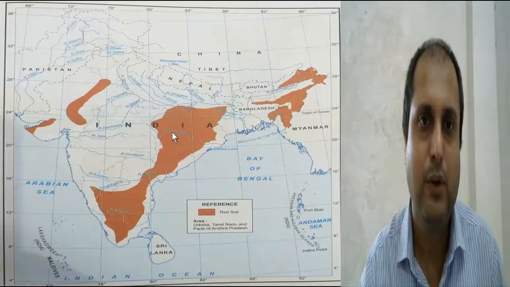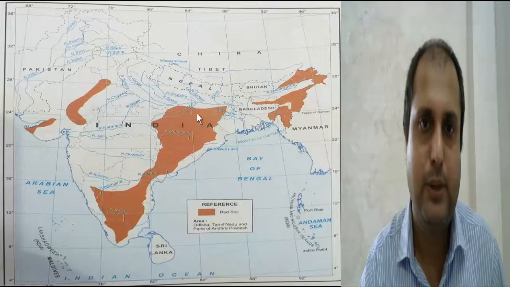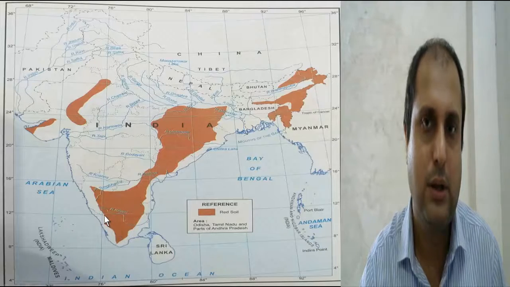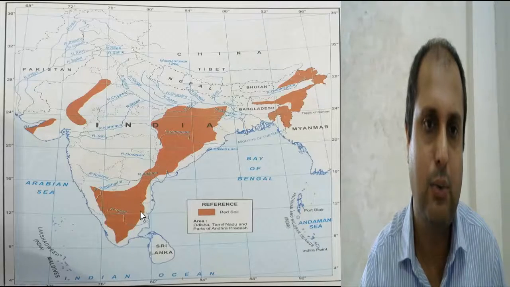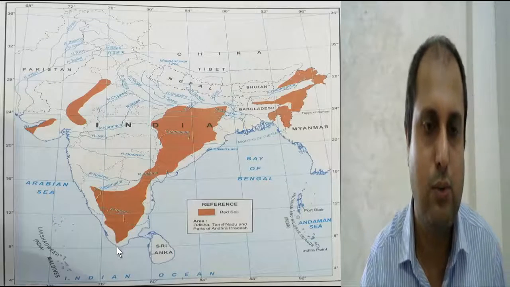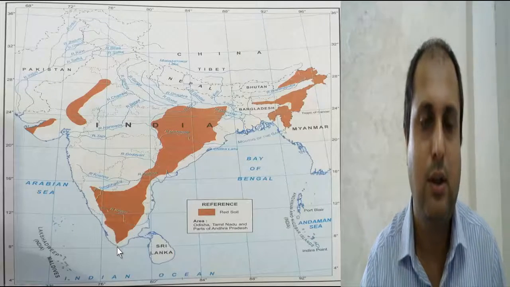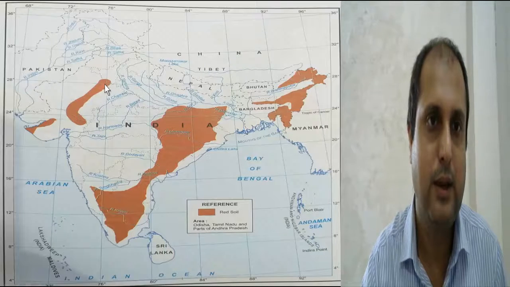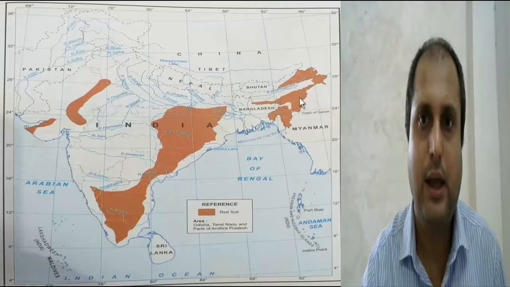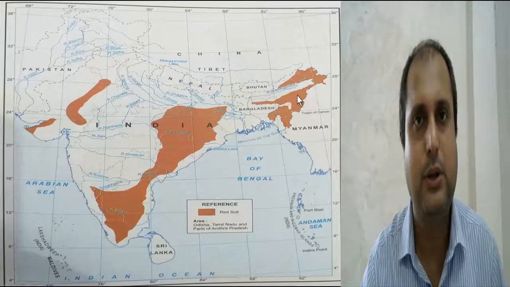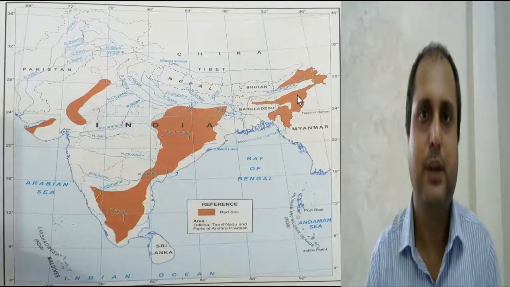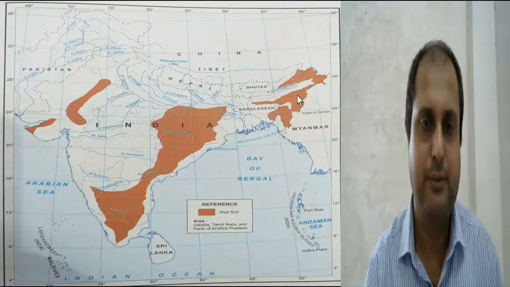It is found in the whole Andhra Pradesh, the Bihar, some parts of the UP also, and the West Bengal. Here the black soil is found over the Kaveri basin and the whole Tamil Nadu area. It should also not touch the border of India. Here in some parts the red soil is found, and these are the hilly areas where the red soil is found. It is rich in iron content. Because of the rich iron content, its color is red.